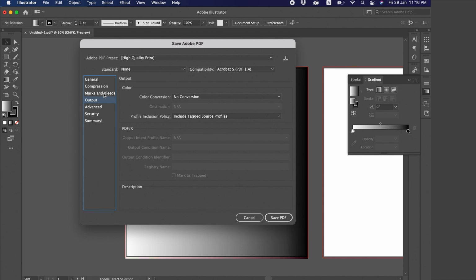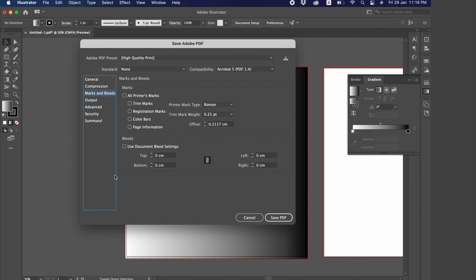Okay, let me go and check the preset. Now here you have 2 ways. If you have the paper, for example, let's say it's about 1/2 centimeter, you can specify here that you want the bleed to be just 3mm. Or if you already set it to 3 and you want it to be 3mm, you just select this option